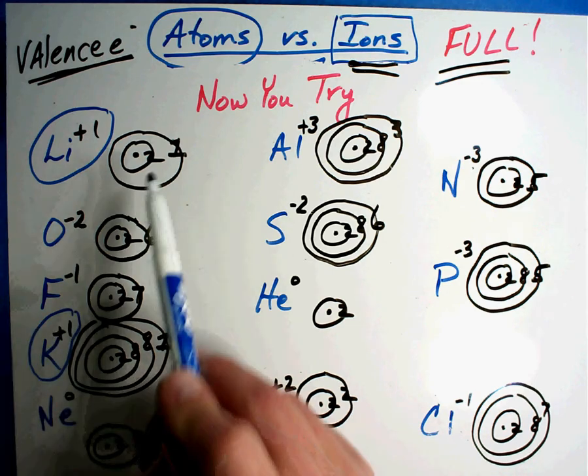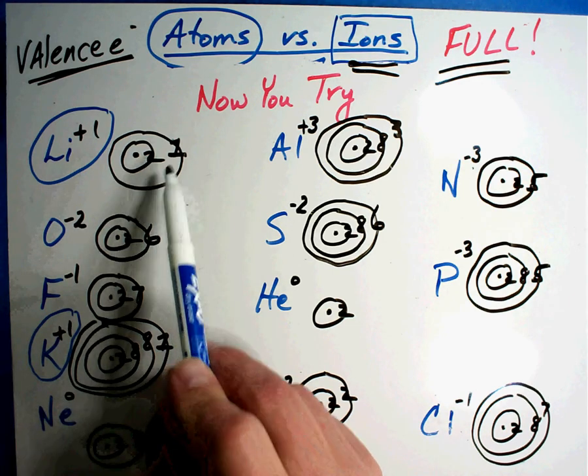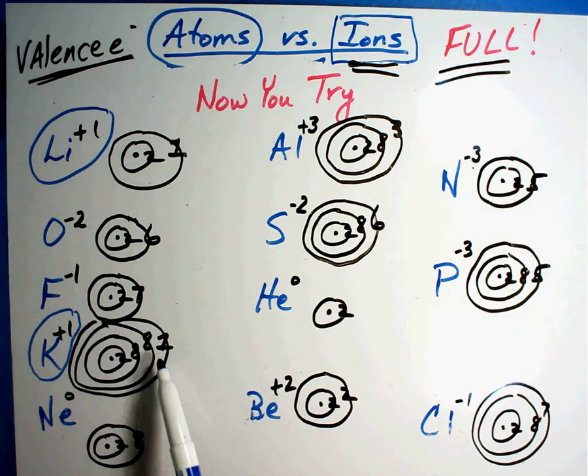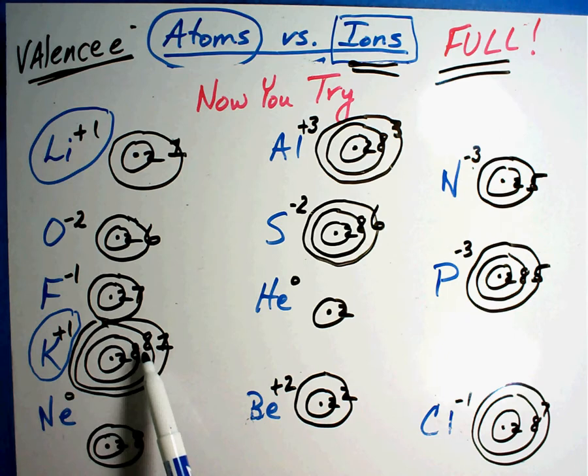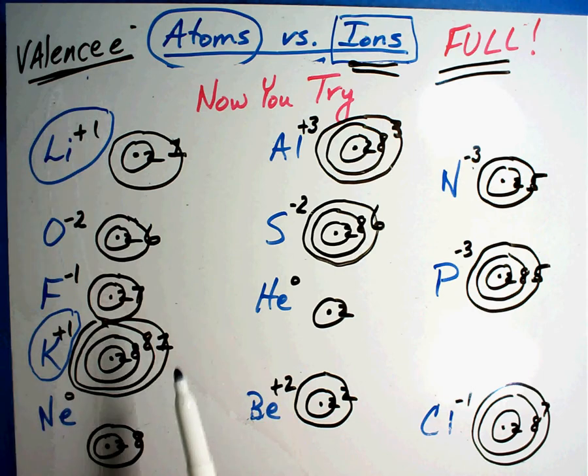Now, why is that important? All the rings inside that are already full, that's great, but it's these electrons in the outside ring that we're having to deal with so much. That's why they have a special name. So this guy and this guy both ended up with a +1 charge. If you look at your chart,